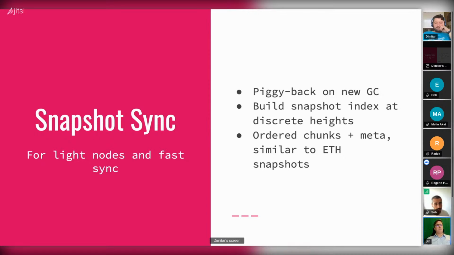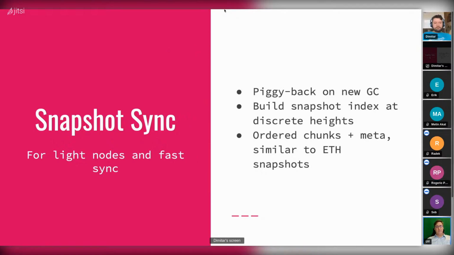And now that we have that, an extra step we want to explore, that I'm exploring now, is to use the garbage collection sweeps to collect snapshots of all the state data at a certain height, and then extend the sync protocol so that a node that wants to sync the chain can,